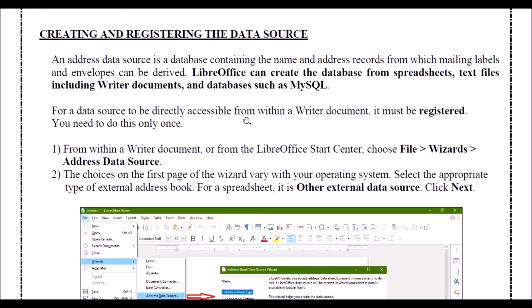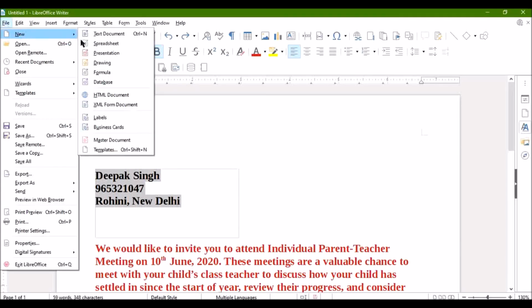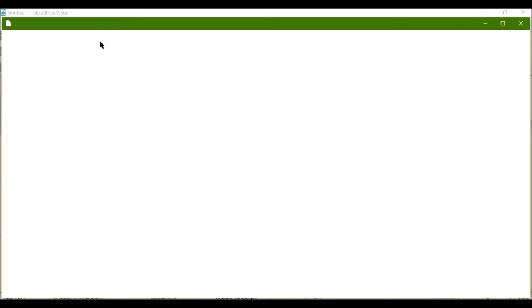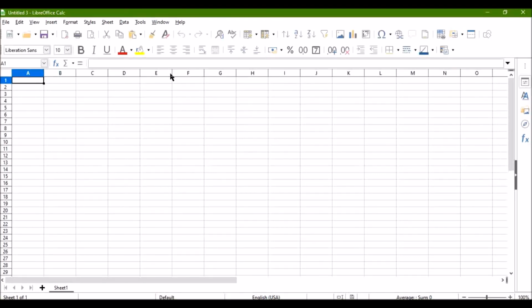So we'll click on file, new and spreadsheet. This is the spreadsheet. Now I will create the data source I want. What fields were there: name, mobile number and address.